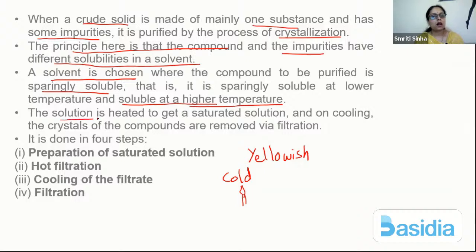Now this solution, along with the large amount of crude solid, is a saturated solution. It is heated, then cooled down, and then you can see the crystals, which are removed via filtration. So in short,